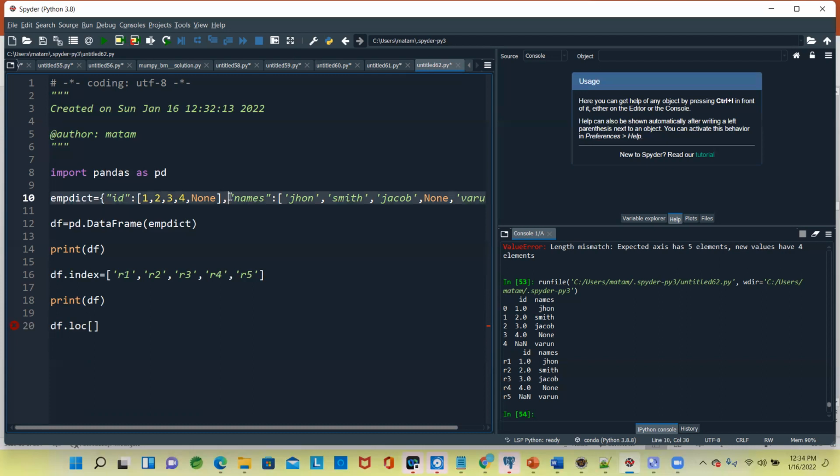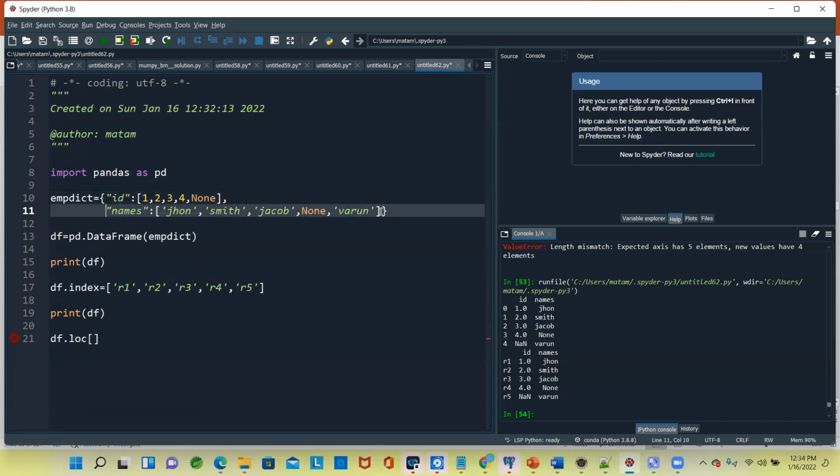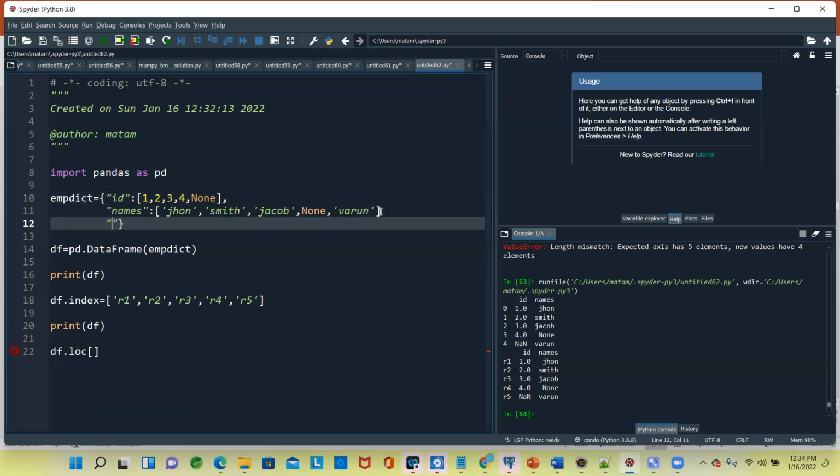We will add one more variable here. So we can say age: 23, 22, 24, 25, 26.